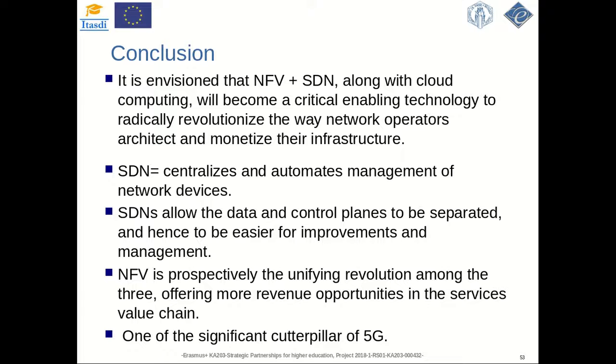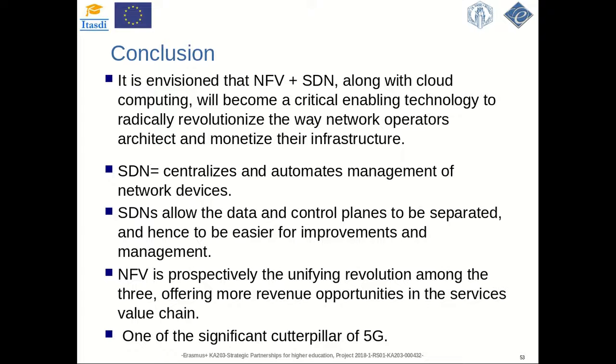SDN, shortly said, centralizes and automates management of the network devices, allowing the data and control planes to be separated and hence easier for improvement and management, and innovation to flow in control planes and in data planes, and vice versa.